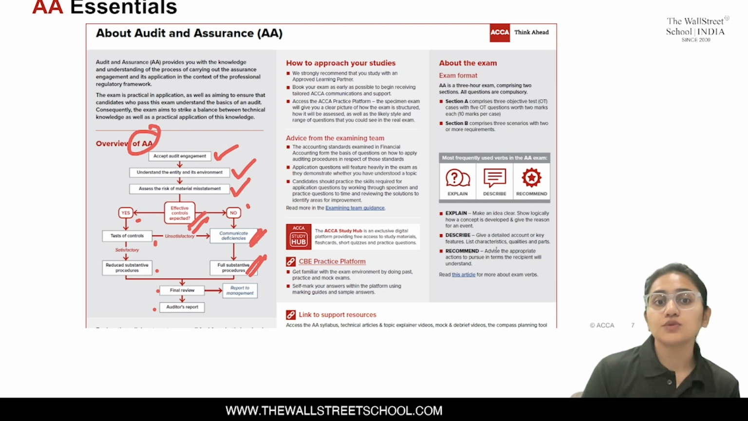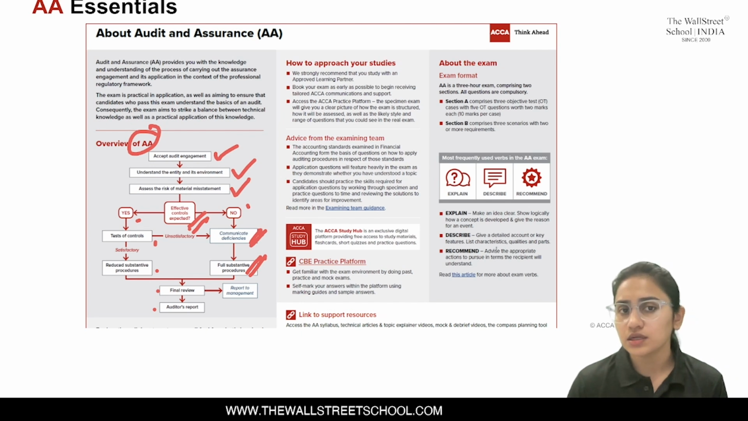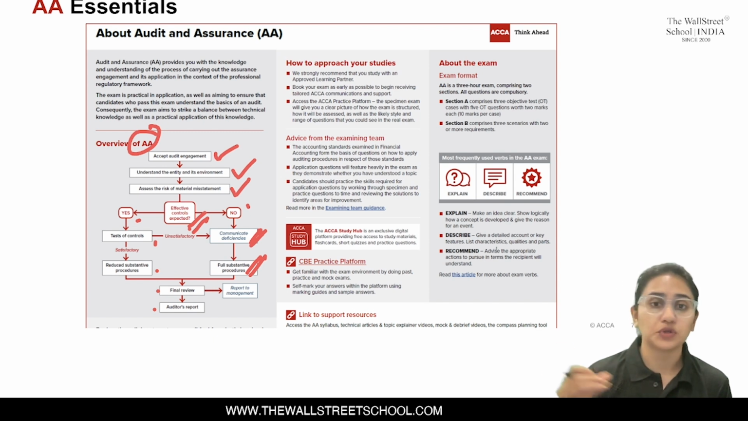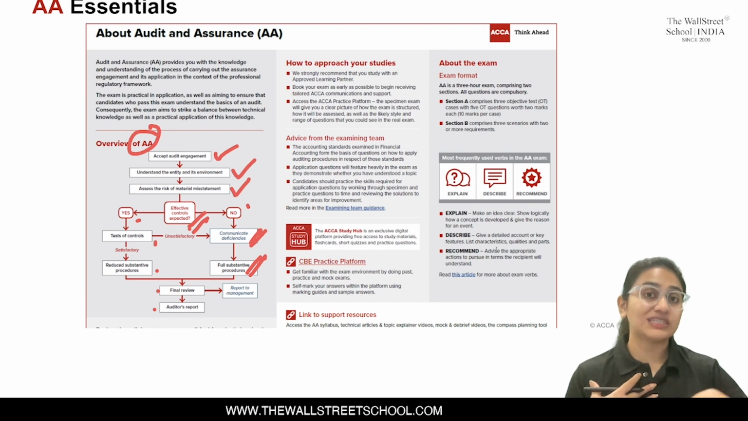Okay, how to approach your studies. This is just read only. We strongly recommend that you study with an approved learning partner. Book your exams as early as possible to begin receiving tailored ACCA communication and support as much as possible. If you've already decided that you're going to go ahead with a particular attempt, please book your exams as soon as possible. It's my personal advice that, when you book the exam and when you have already paid the money,